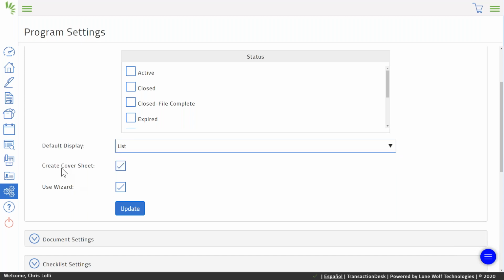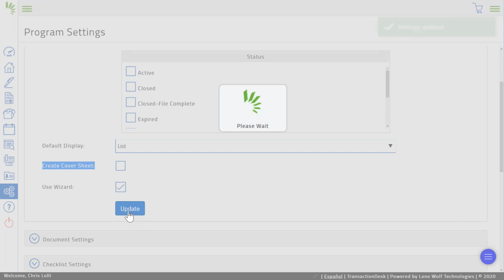This last option and these two last options here, create cover sheet and then use wizard, I would always leave checked. Now the create cover sheet, maybe not necessary. I'm going to cover cover sheets in a minute when we discuss faxes, but a cover sheet is a mode of delivery for outside documents if you want it to be. So if this is the primary mode of getting documents in is using faxes and cover sheets, then maybe you want that to be selected and have it be a constant, right? Okay, so now once we're done and we have everything updated, all we have to do is simply click update,